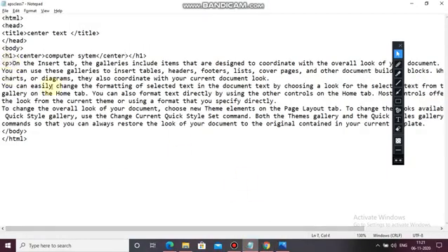Now here I am going to use font face equals, in double inverted commas, Elephant, which is a font name, then double inverted commas, until where you want the changes. If you want the changes only in one paragraph, then you close your font at the end of the paragraph. Ctrl S.